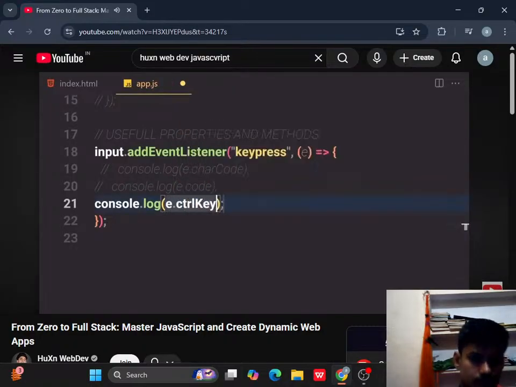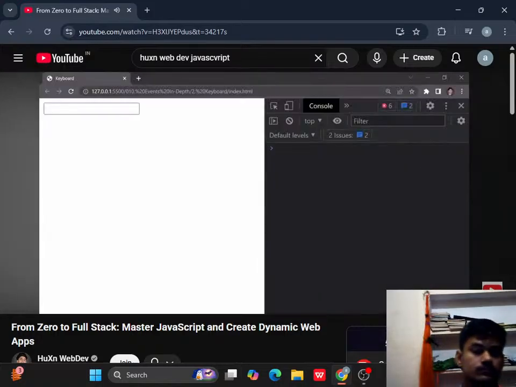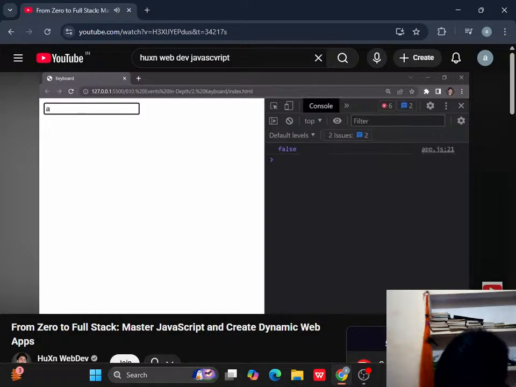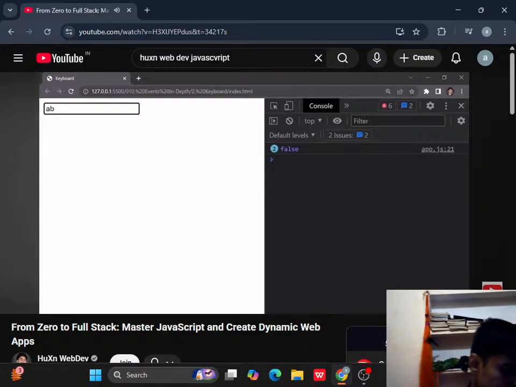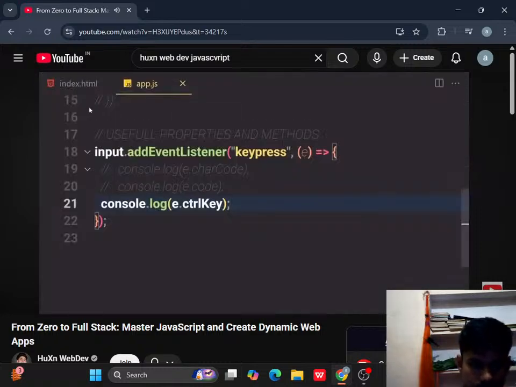Then let's use console.log of e.ctrlKey. It will check, did the user hold that key while pressing some sort of a key. So let me write A, it will now give us false, B still false. But if I hit Control and hit Q, it will now give us true. Control and hit B, it will give us true. It will give us true if the control key